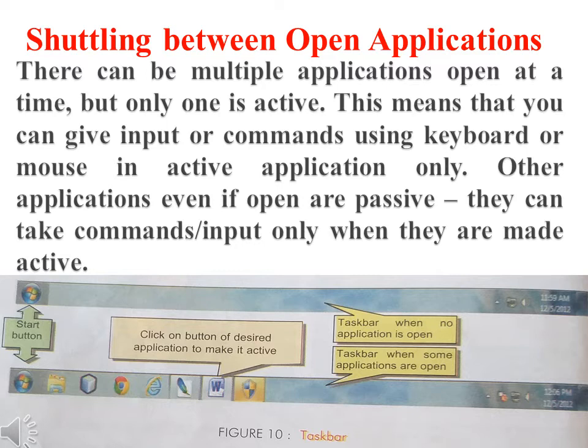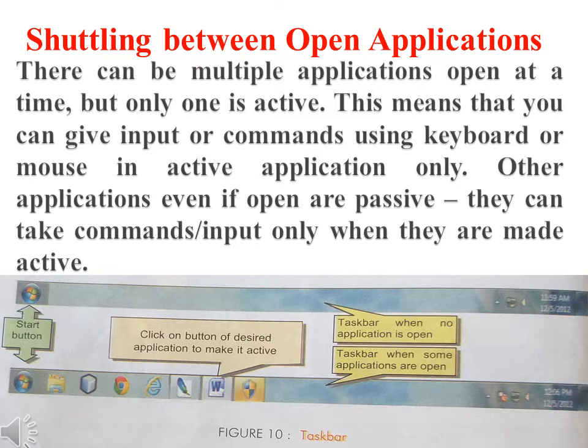Even though there are multiple applications or multiple folders open, there will be only one active application or file. That means we can give a command to only one application at a time, either by using the mouse or keyboard. Other applications will be open, the background processes will be there, but at that moment only one application will be activated.